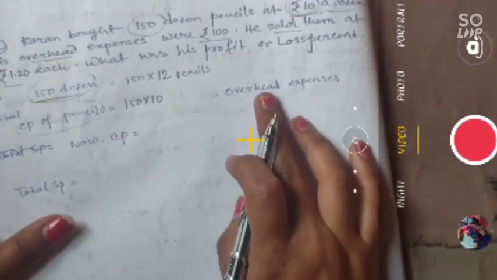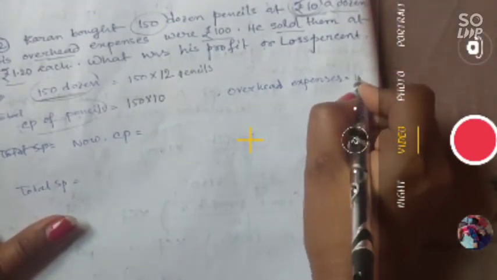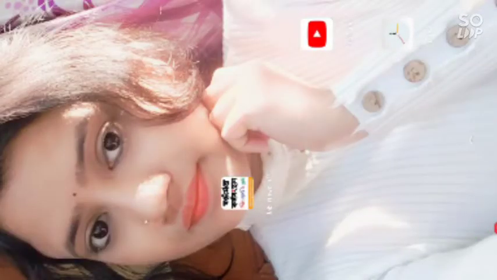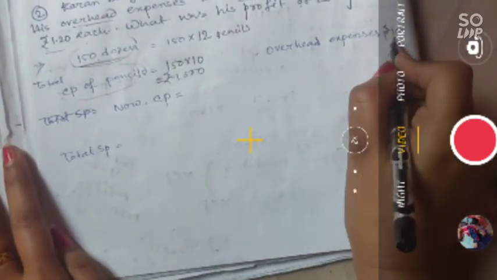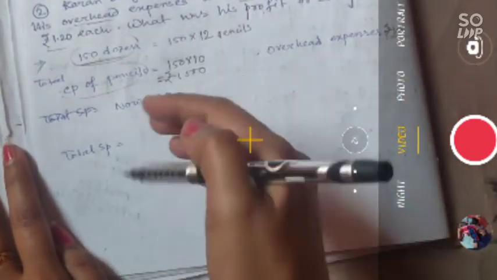And his overhead expenses is 100 rupees. So CP of pencil, so if you multiply 10 by 150, you will get 1500. This will be the CP. Now for finding the actual CP, you have to add 100. সো আমরা 100 রুপিস কে 1500 এর সঙ্গে অ্যাড করব, তাহলে আমরা অ্যাকচুয়াল সিপিটা পেয়ে যাব।